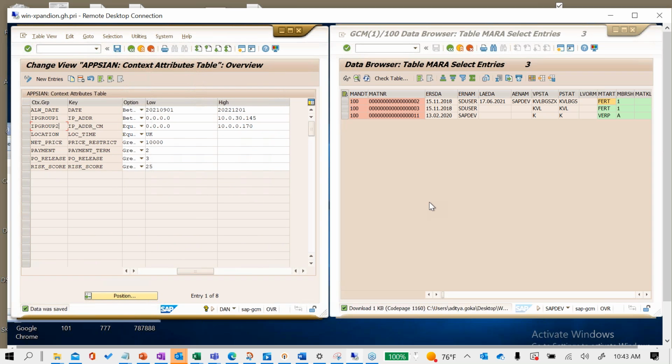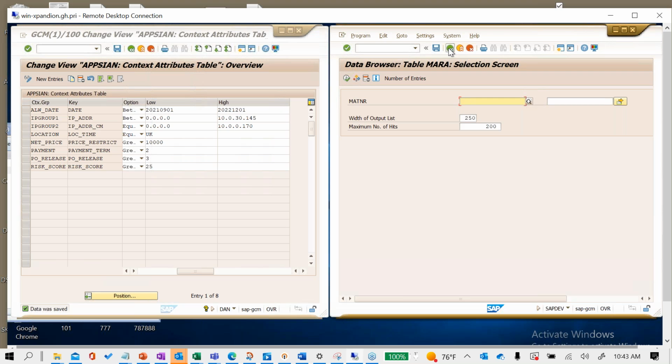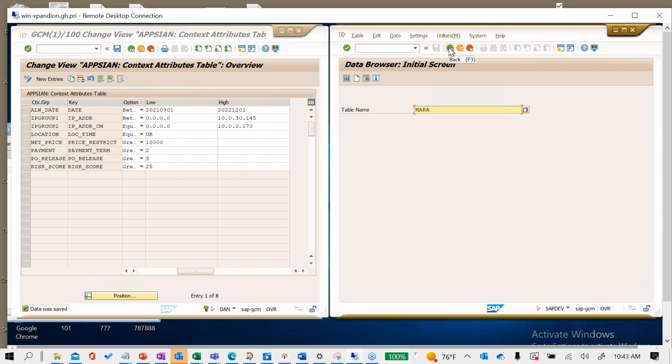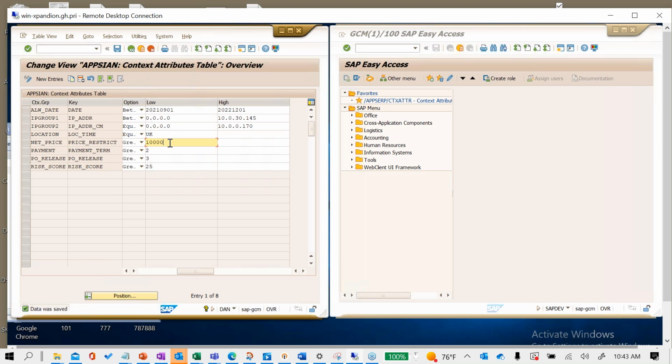Now I also wanted to show you two other use cases, if you guys will allow me. So what else can we do with attribute-based access controls? Since we are capturing the essence of the data, I can affect several business process controls within the same attribute-based access control. If you look here on the context, we have set up the context for net price, and the price restriction for POs is $10,000. So I do not want anybody to go into the system and release a PO that is over $10,000, for